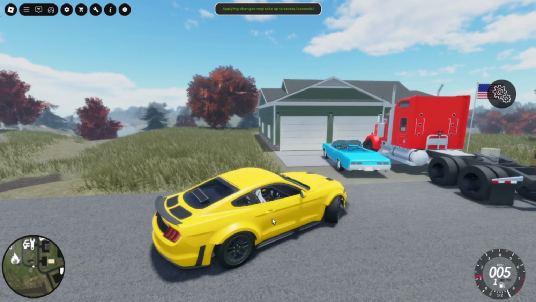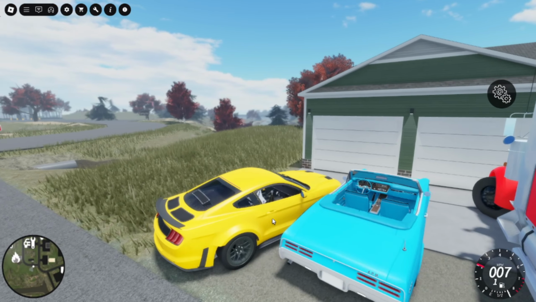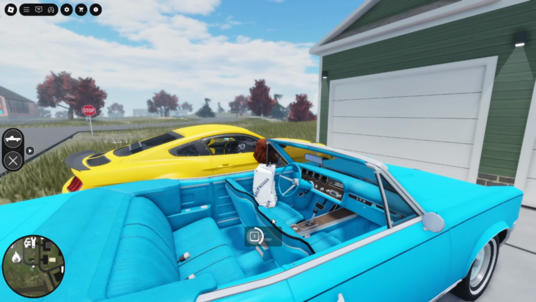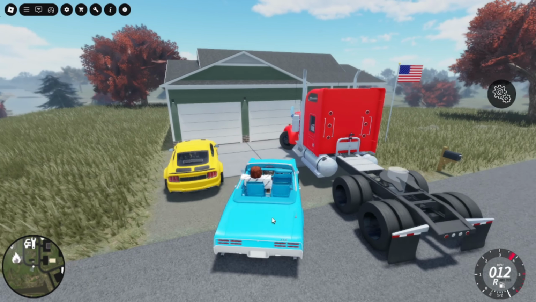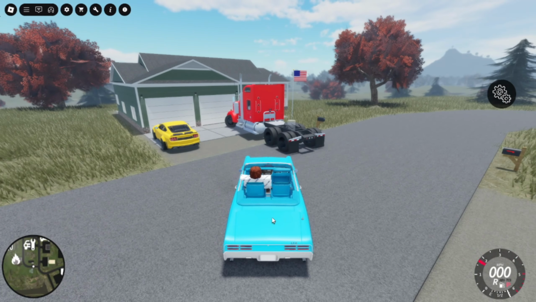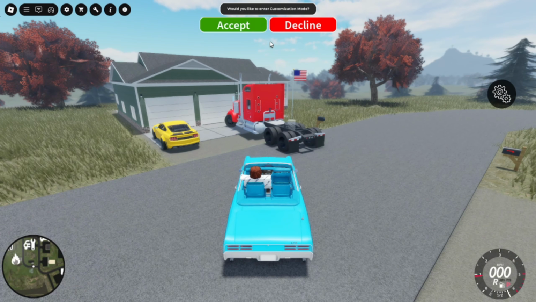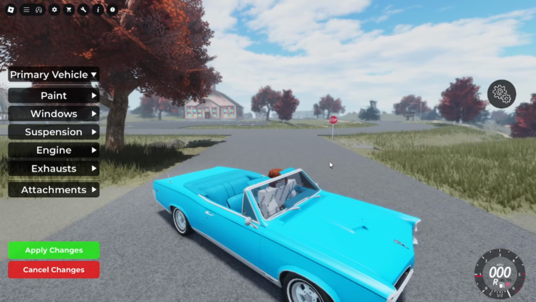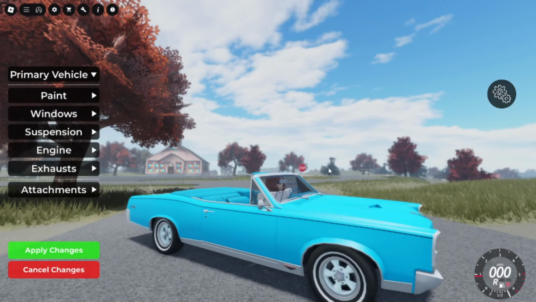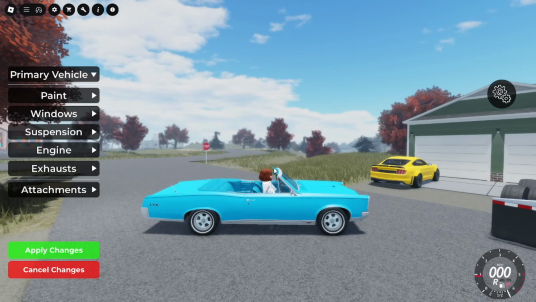Alright, so this is fully customized. Perfect. We're gonna go ahead and just leave this here. And now we got this convertible car. As you guys can see, I think this might be another Camaro Mustang type of thing. We're gonna go ahead and change up the color of this. So we have the yellow Mustang, and now with this one,